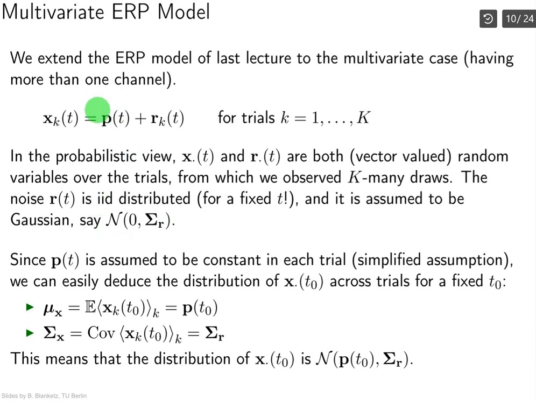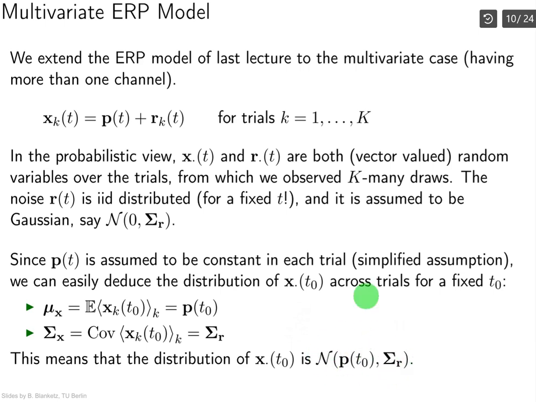Since we assume p to be constant in each trial, this is a simplified assumption, we can easily deduce a distribution of x across several trials for fixed t, with mu, mean, and then variance. This is the covariance matrix already. For multivariate case, we are dealing with covariance matrix, where diagonal entries represent the variance for each separate channel, okay? So this means that our x is distributed according to normal or